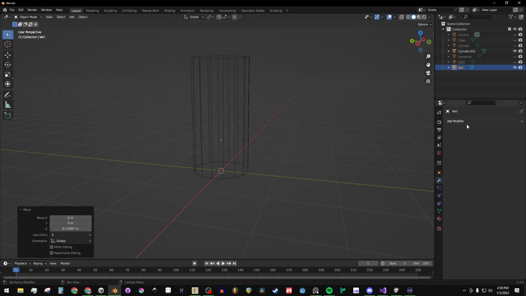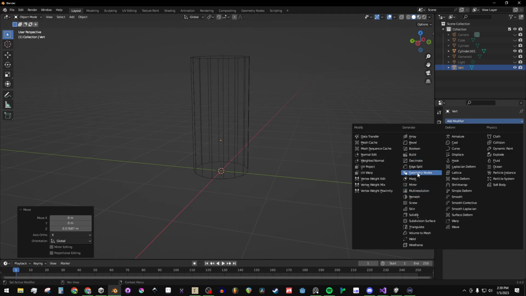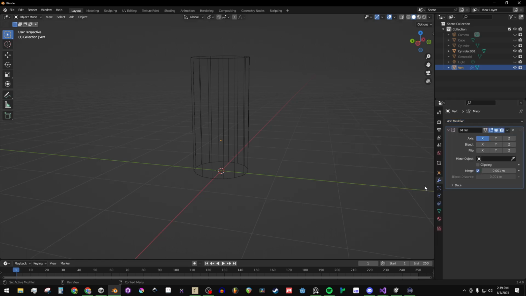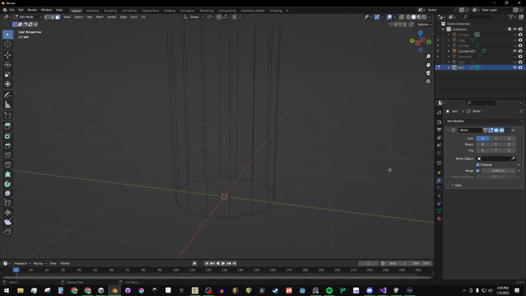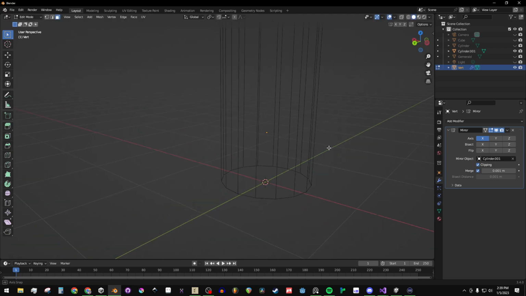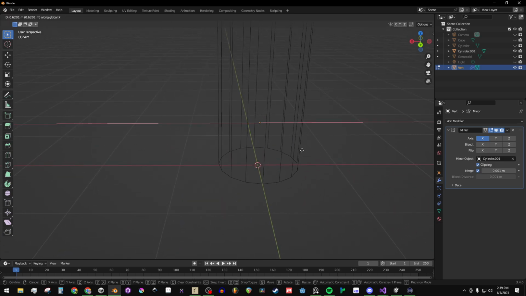So I started with a single vert. Gonna add some modifiers to it to quickly block out a character. So the first one we want is a mirror modifier. And we want clipping turned on. So when I'm in edit mode, it means I can't move it off of the origin, at least in the x-axis. I can in the